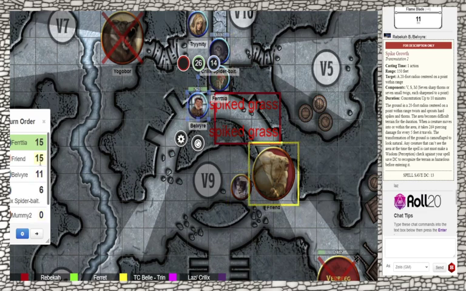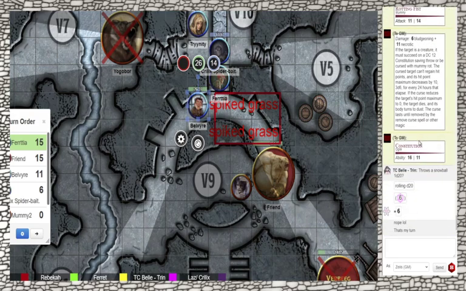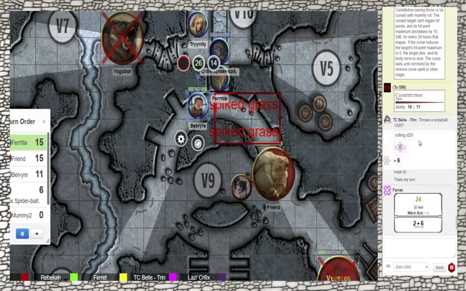So is that your turn? You gonna throw something at him? Yeah, I'm gonna throw a witch bolt at it. I still have. Yep. So while he's throwing witch bolt, with a crit,